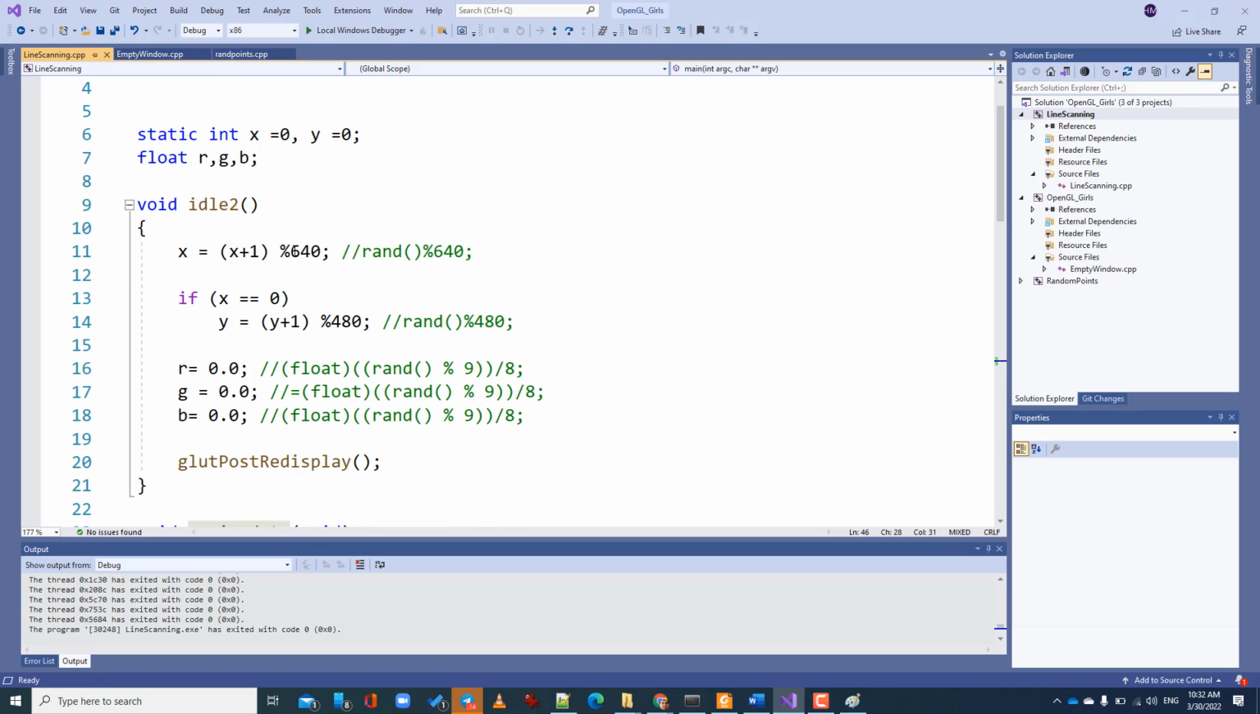In this function, I find a value of x, and this is a mod of 640. Why 640? Because I have 640 pixels. So it will keep incrementing every time, but when it becomes 640, it will start again from 0. So x will be between 0 and 639. From 0 to 639, this will keep increasing, starting from 0, ending at 639, then coming